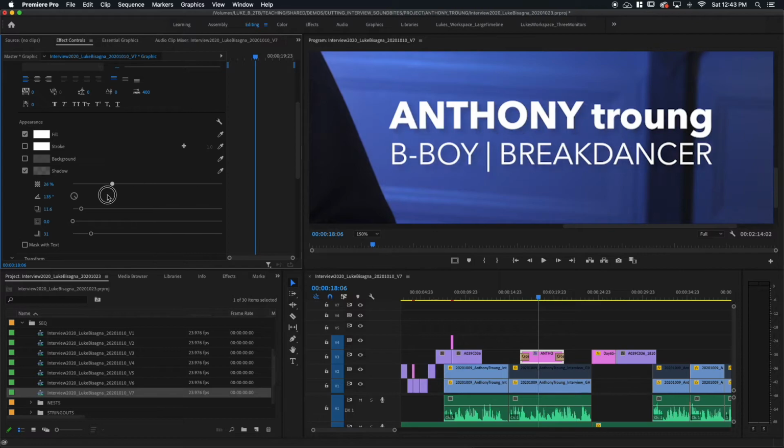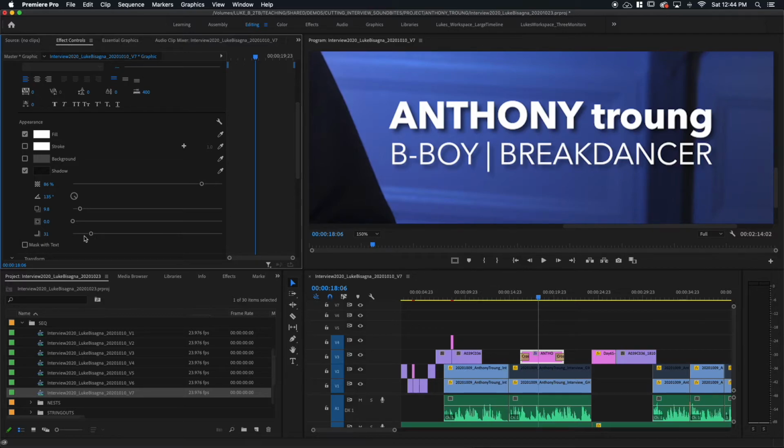So we've got that opacity, and then the distance from the letters themselves. I don't usually make it too far because it starts to look really funky when you do that. So I like it to be fairly close to the letters, something like that. And then there's the spread here, which is how big that shadow is around each of the letters. I don't usually use that much. I'm going with 0 on that today.